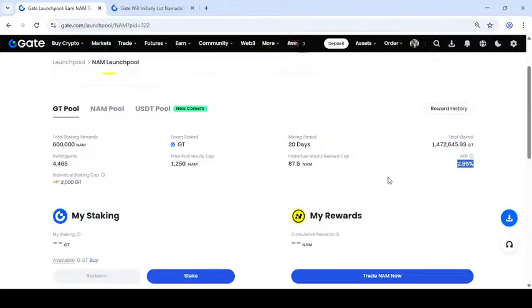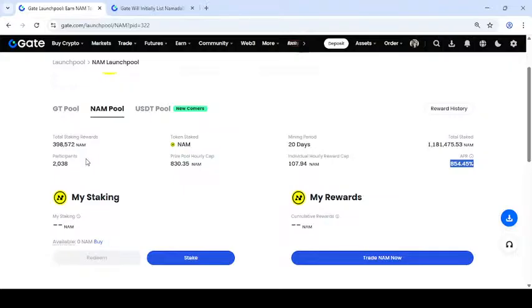And APR 2.95% staking. This is my staking GTM and rewards and name the name full and the total staking reward are 3 lakhs and 98,572 name the total stakes.